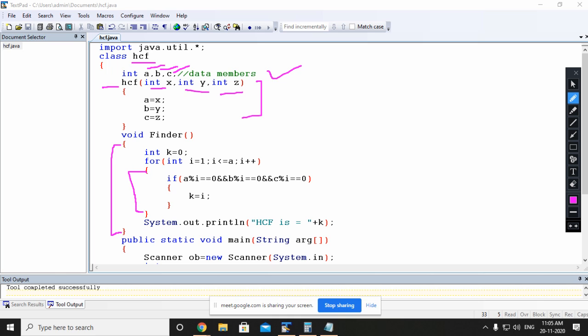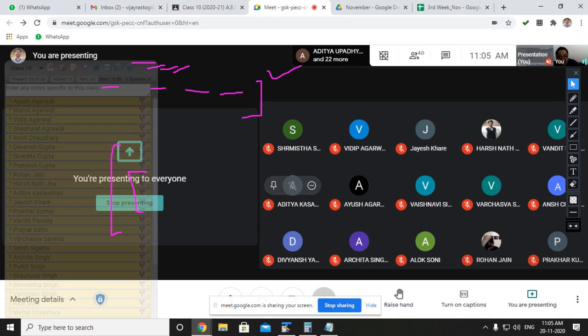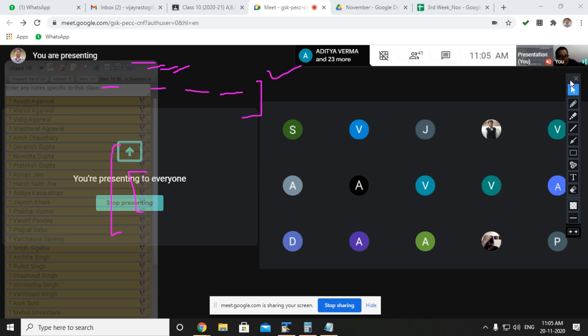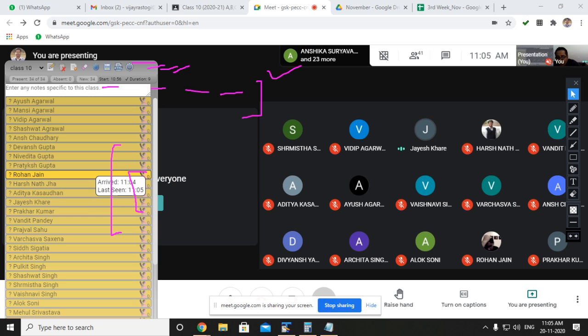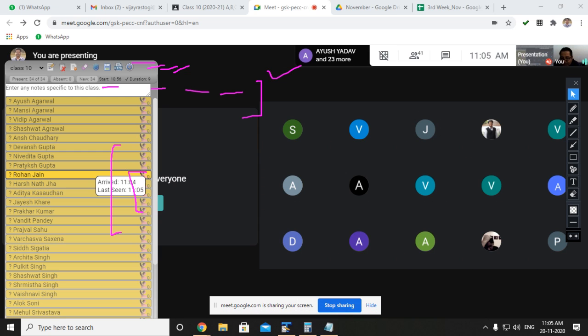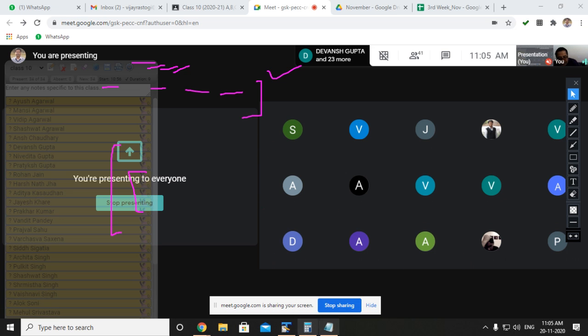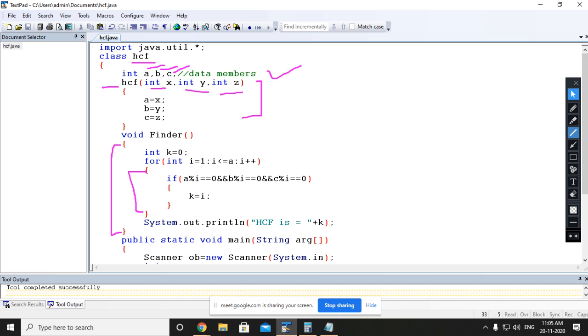See, the long division method we cannot apply. Please try to understand this, everybody. The long division method we can apply only on 2 numbers, because that method you can apply only on 2 numbers. Am I clear, everyone? Yes. So for finding the SCF of 3 numbers, we are supposed to use another way apart from the long division method. So that way I have shown you here, the simple basic method which we have done number of times in class 9th also.